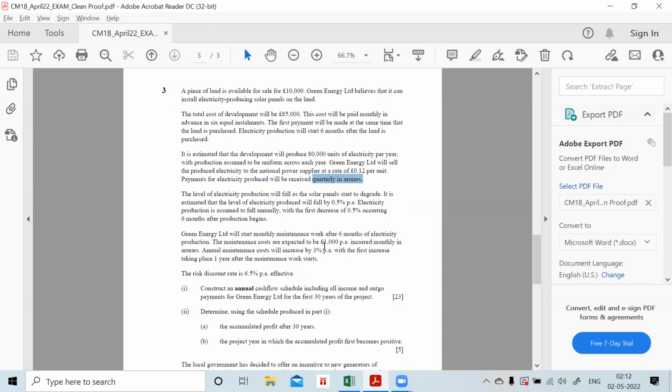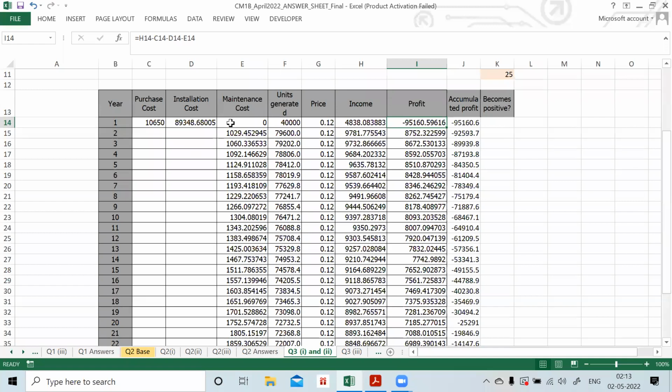Annual maintenance costs will increase by 3%, with the first increase taking place 1 year after the maintenance work starts. So the first year maintenance work will start over here, which is 1,000